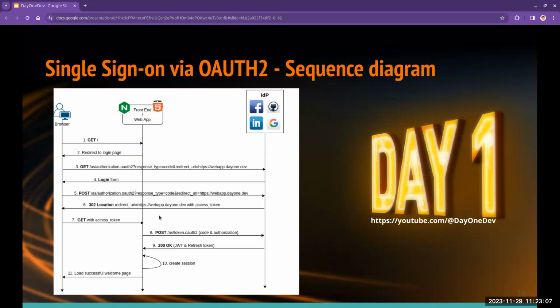So once you get the JWT token, that's where in your front end you create your session and you successfully load your welcome page. Once you load the welcome page, you can use that JWT token to call your backends or any other integrations you want to do. You're going to pass that JWT token. That JWT token has more details, the expiry and signature. Especially, it has a header, body, and a footer. The footer is where you create